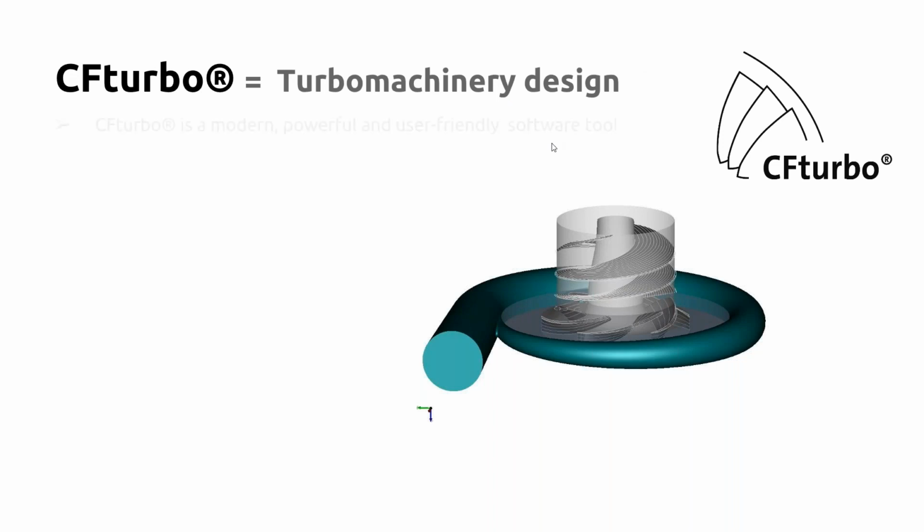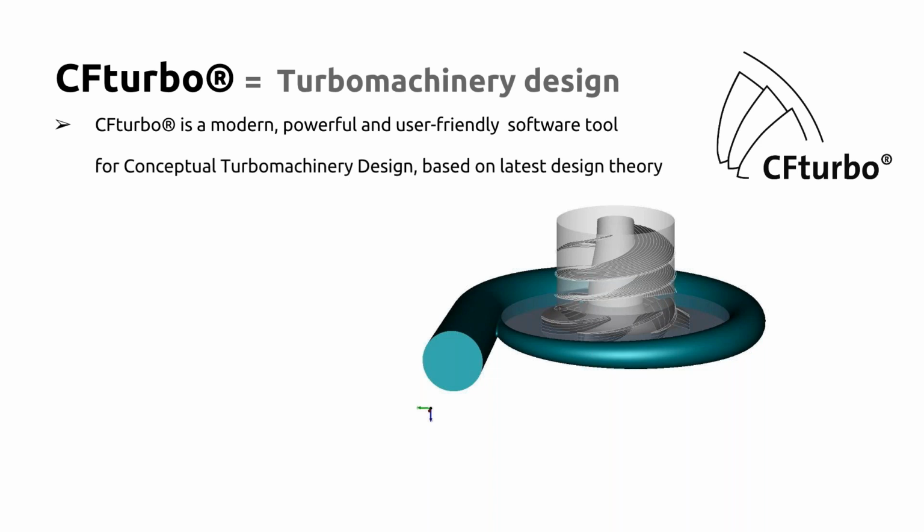Well, CFturbo is a German-based company that produces the design package CFturbo, which is a modern, powerful, and user-friendly software tool for the conceptual turbomachinery design. And the name conceptual is included into this presentation because we do not start from points and connect these points, but from the latest design theory on turbomachinery. Right now we have 200 active clients globally, and